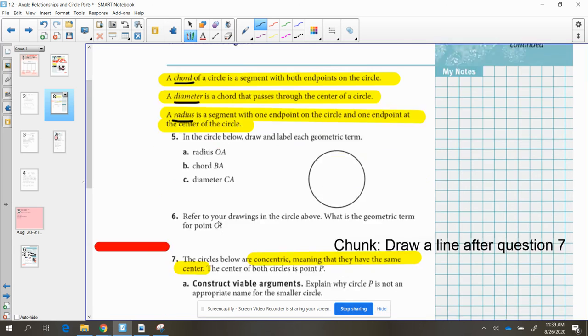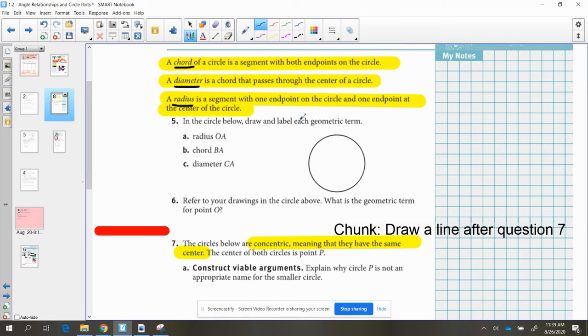Now, a radius, I have to draw this, is a segment with one endpoint on the circle and one endpoint at the center of the circle. So if we're drawing radius OA, right, we are going to have O as our center and A on the circle. This is going to be our radius. Okay. Now, a chord, on the other hand, if we look up above, a chord, make that red, is on a circle. Both endpoints are on the circle somewhere, but they don't have to pass through the center of our circle like OA did. So if this is BA, it has an endpoint at B and an endpoint at A